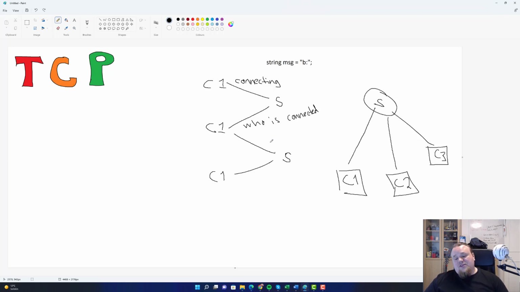So usually this is how it works, and when I say usually, it's basically because this is what you call an application layer protocol, and an application layer protocol is located on the actual application layer, which is a part of the OSI model. And if you don't know about the OSI model, I suggest you go ahead and look it up. I'm going to create a video about it in the future about networking, but for now it's mentioned in this video as something you should definitely look up.